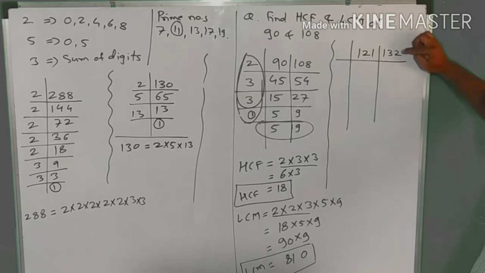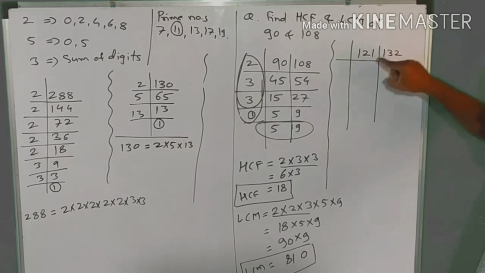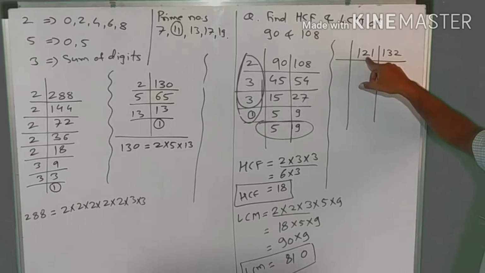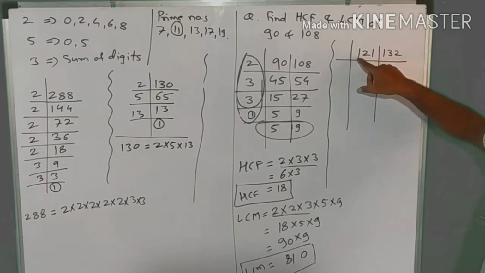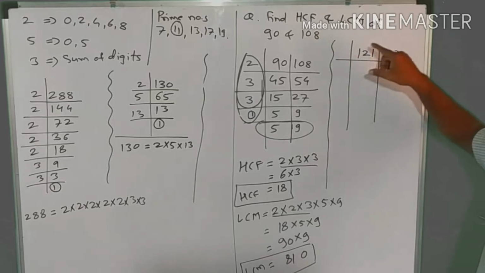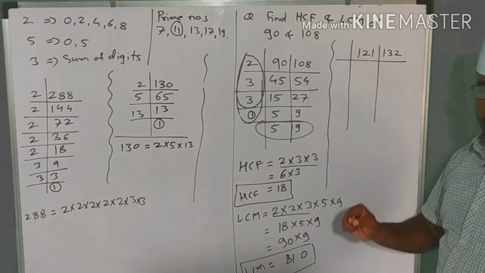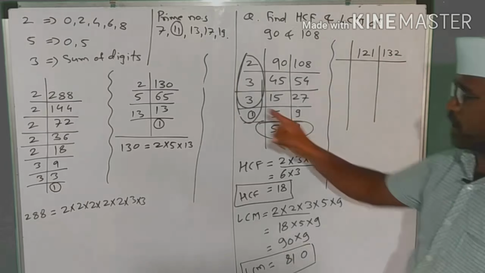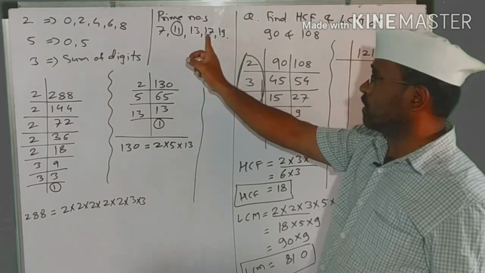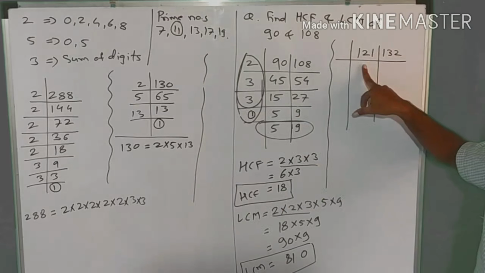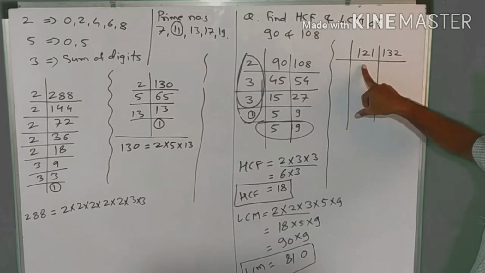Then one number is divisible by 2, one is not. This number is not divisible by 3, because 2 plus 1 is 3 plus 1 is 4. So we cannot apply divisibility of 3. They are not divisible by 5. So we just have to check randomly, are they divisible by 7, 11, 13, 17. By 7, 12 minus 7 is 5, 1 on it, 51. So this number is not divisible by 7.